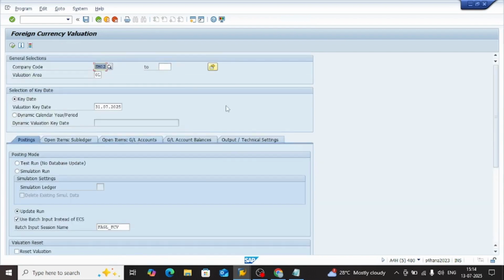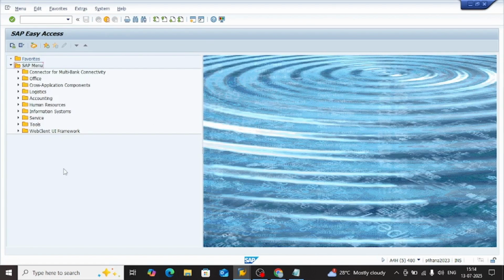So all right guys, I think that's all about the foreign currency valuation. I believe we went a little bit deep-dived into each of the aspects of foreign currency valuation. If not a deep dive, we tried to touch all that is there to know,